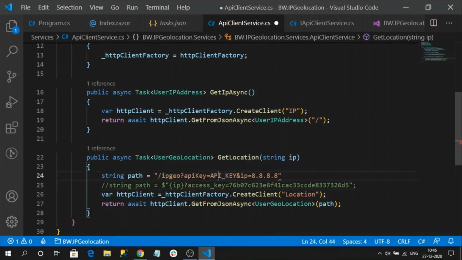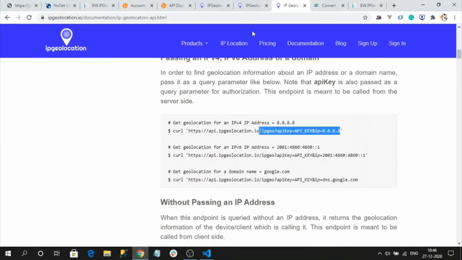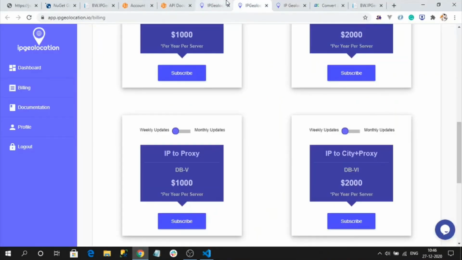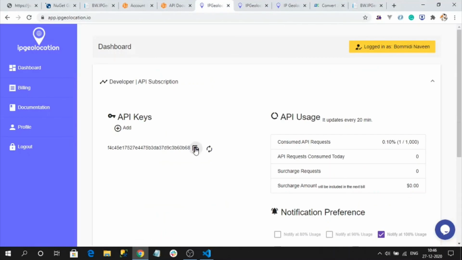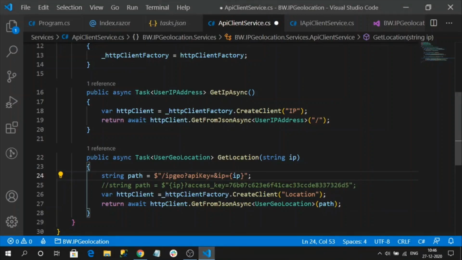Okay, here you need to give your API key, and I'm going to make the IP address value dynamic, IP. Okay, and keys. I'm going to my dashboard and copying it and assigning the key. Okay, just save it.